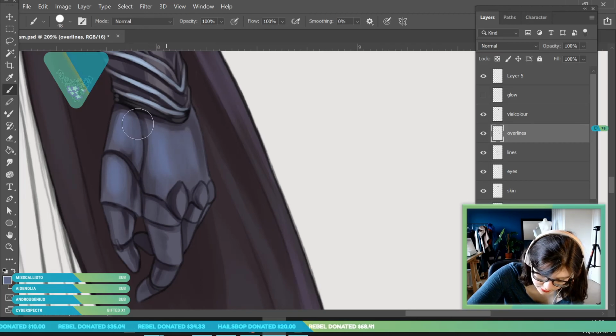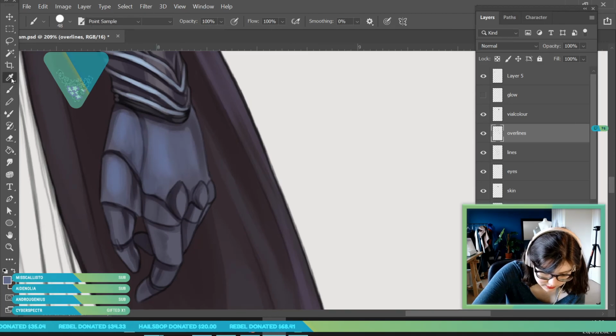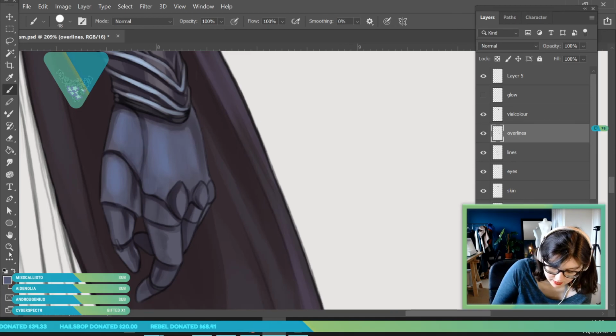The beauty of doing overlines is I can actually just straight up paint over whatever I want, to kind of minimize line art and get the shapes the way I want